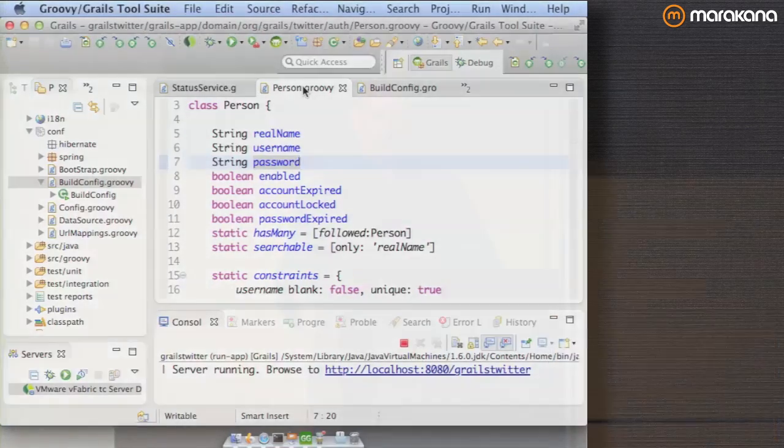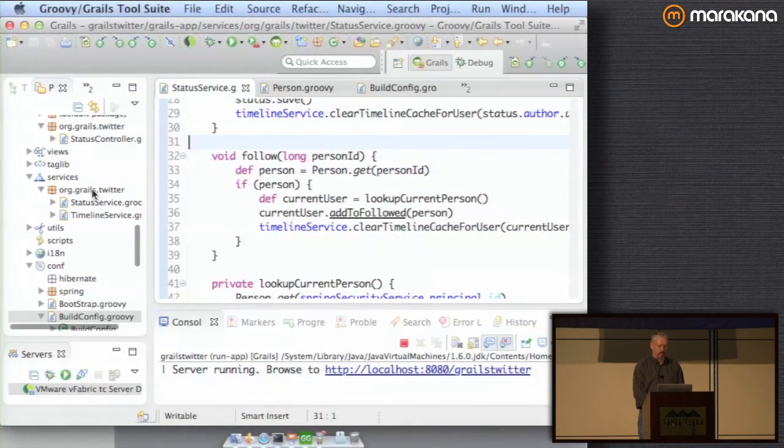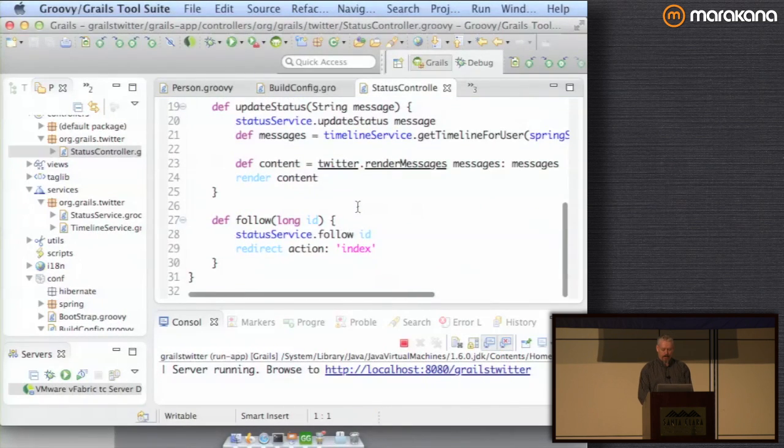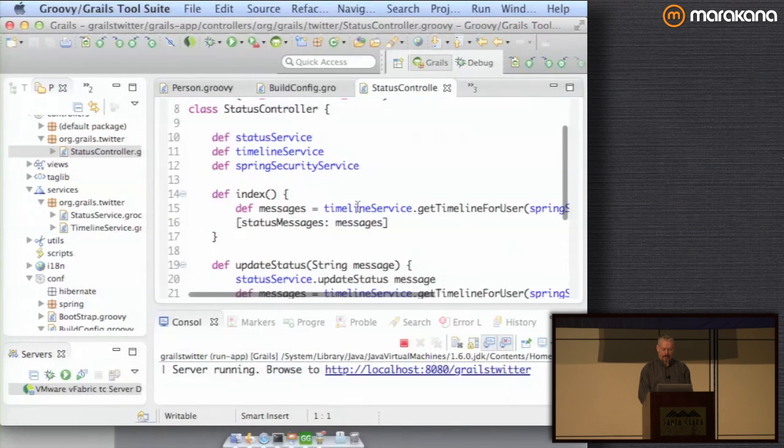So I think the question was, when I execute a search, am I searching for all real name properties? Right now, the person class has a real name property. What if there was a real name property in some other class? Would we be searching those columns as well? Is that the question? Yeah, so let's take a look at that. When you execute a search, how would you know what is actually going to be searched? If we look at the controller action,